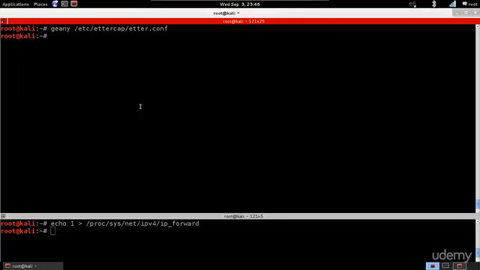So the first thing we're going to do to downgrade HTTPS connections to HTTP, we're going to add an IP tables rule. This rule will redirect any packet that's coming on port 80 to port 10,000. IP tables is a firewall for Linux, and we're using it to redirect any packet that comes on port 80 to port 10,000. We do this because SSL Strip runs on port 10,000,